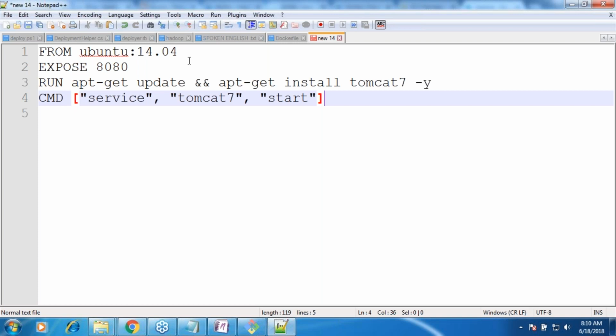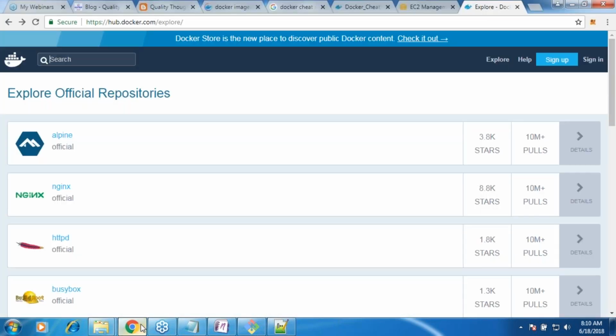All right, making sense? So it is not difficult. You should know all of them: what does that FROM, what does that EXPOSE, what does that RUN, what does that CMD mean, and all of that. But the actual images which we write, now let me take you to the reality. Those are simpler versions of it. Now let me take something which is already there, which is something we are using.